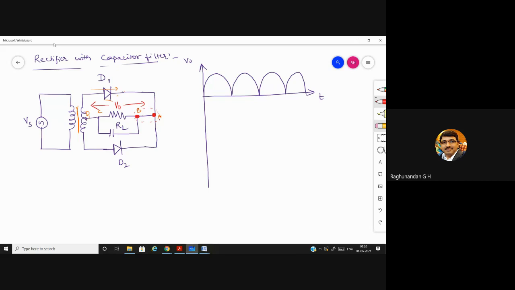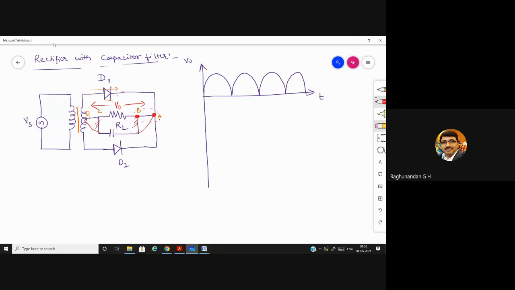This is a junction, right? This is one wire, this is one wire, this is one wire. Three wires are meeting. This is a junction or a node. I'm asking what will be the voltage at this junction? V naught. Yes, it will be V naught, because the load resistance is connected to this junction only. Either you can connect like this or you can connect directly, the capacitor. We can ignore this line. So when you ignore that, the resistance is directly connected to A.